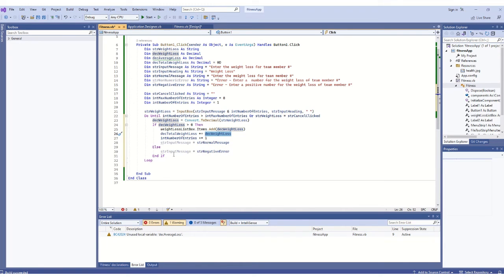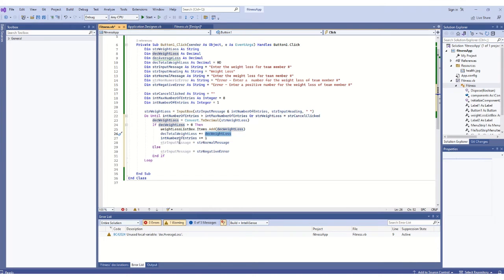We will show the message, and otherwise, if weight loss is not more than 0, then it will show the negative error. And then after this end if, we need to,